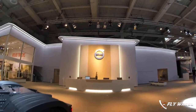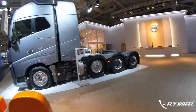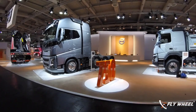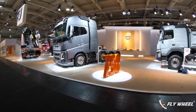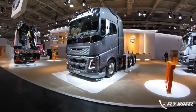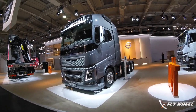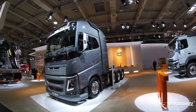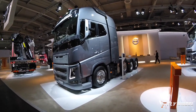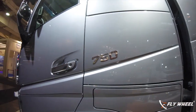Volvo is another favorite brand of mine, and let's start with the flagship top-end biggie over here, which is called the FH16 750, with the most powerful production engine on a regular truck, and it's the top of the line truck. One good part is that the exterior designer is an Indian, Ashok George, a friend of mine, and it still looks very young in spite of being in the market for the last 4 or 5 years. The best part of this truck is this heavy haulage prime mover with an output of 750 HP